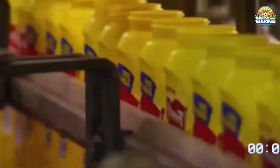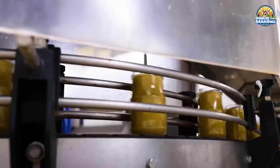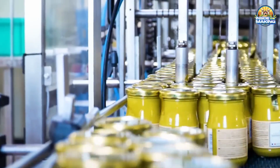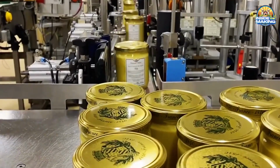Each bottle is filled within fractions of a second, and as soon as it's filled, it will be sealed using induction technology. A foil layer will be bonded to the bottle opening with the help of electromagnetic energy. This creates an airtight seal that will lock in the freshness and prevent contamination until you open it for your